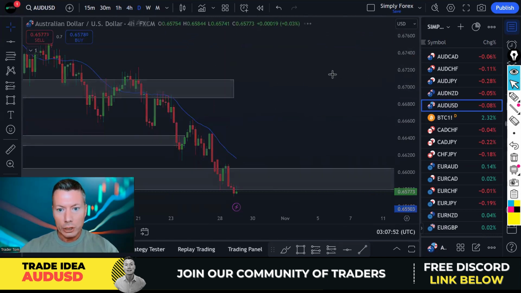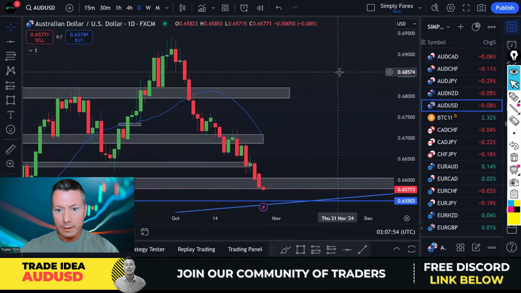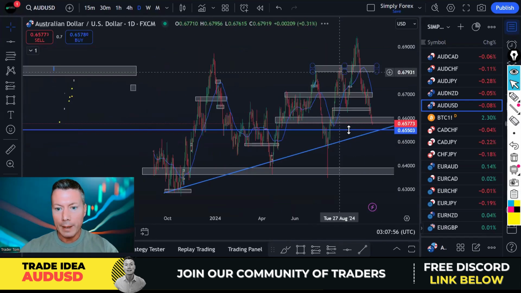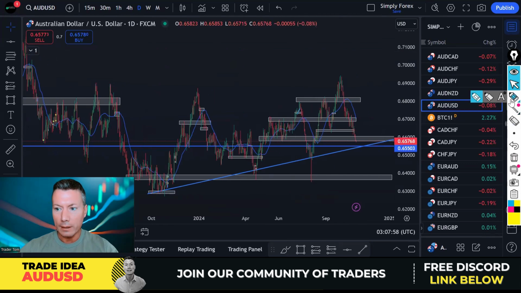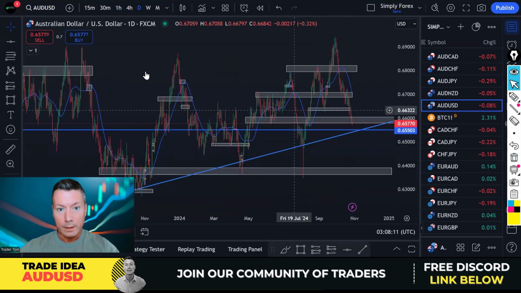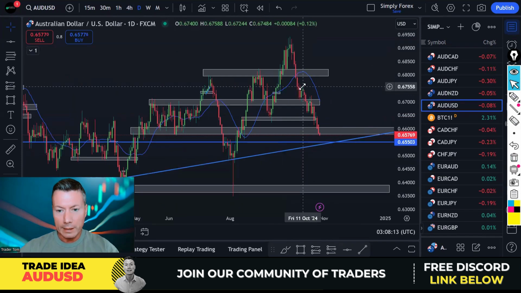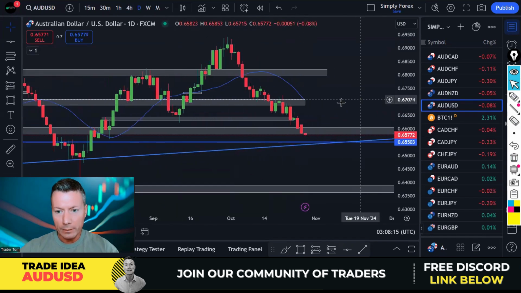If we look at the day chart, there's still a little bit more room. If I zoom out, you can see this trend line through here, right? We've got this trend line that just keeps respecting price, right? Okay, so in here, we can expect price to get to 2. Okay, if we drop down to the day chart or zoom in on the day chart now, you can see